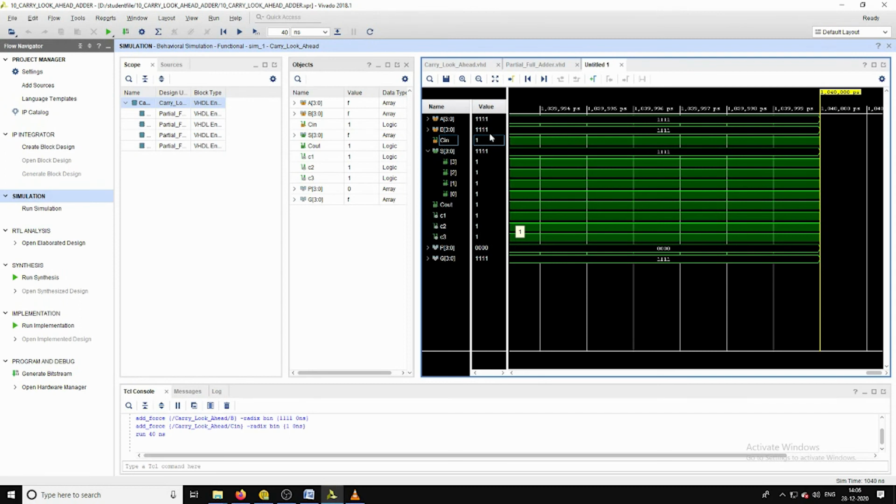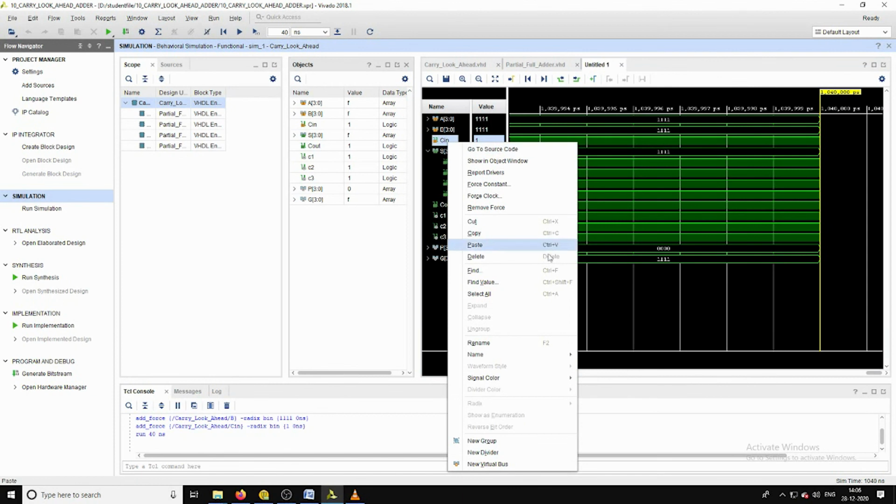That means for that first full adder, the inputs are 1 1 and 1, triple 1. When you add this triple 1, we will get the sum as 1, and the corresponding carry is also going to become 1. The same way, when we add the rest of the triple ones, we are going to generate the same output 1, and finally we are going to generate the carry out also with the same value 1.